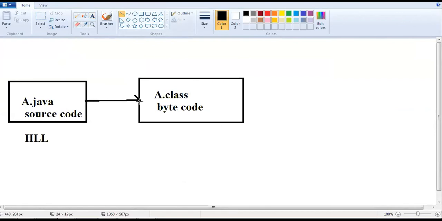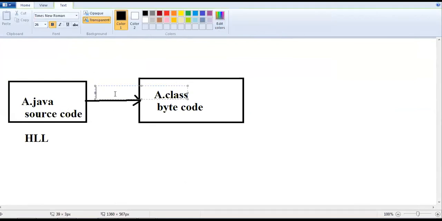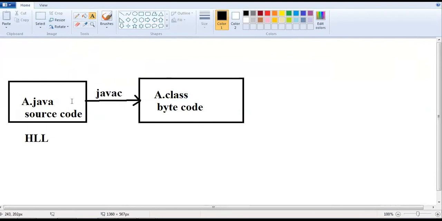What is the name of the Java compiler? The Java compiler name is javac. What does the Java compiler do? It converts to bytecode. Now the JVM is platform dependent, guys. Javac is common for all platforms.